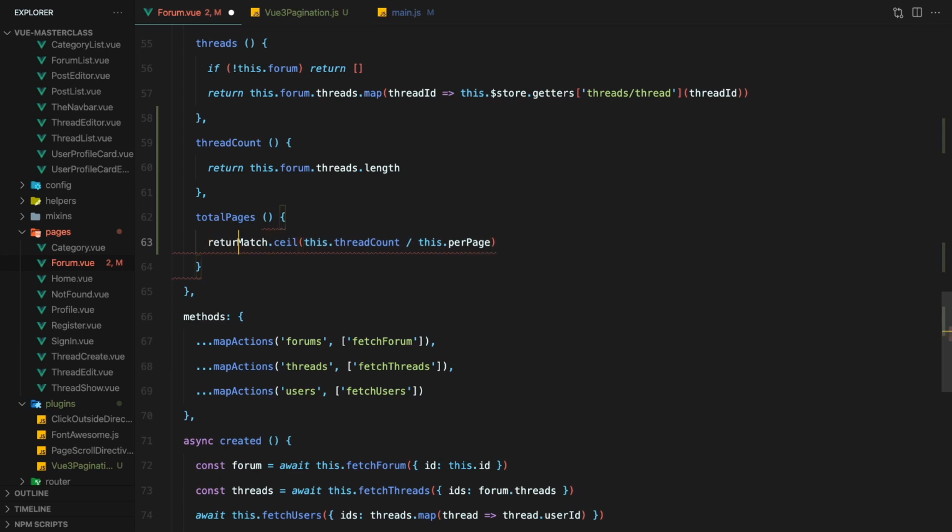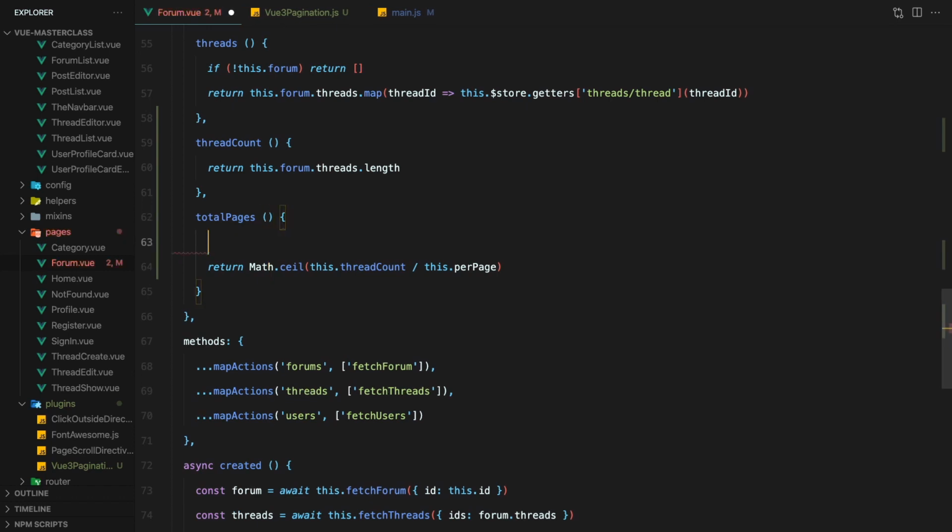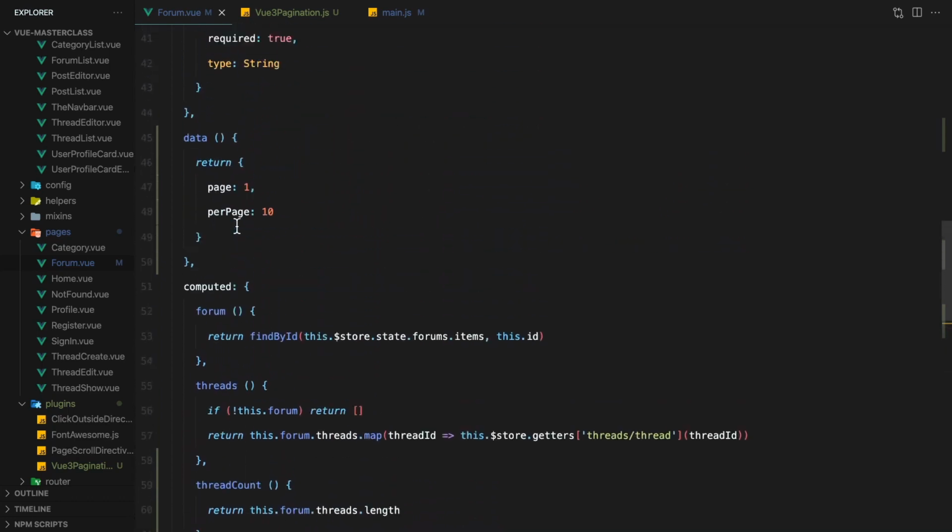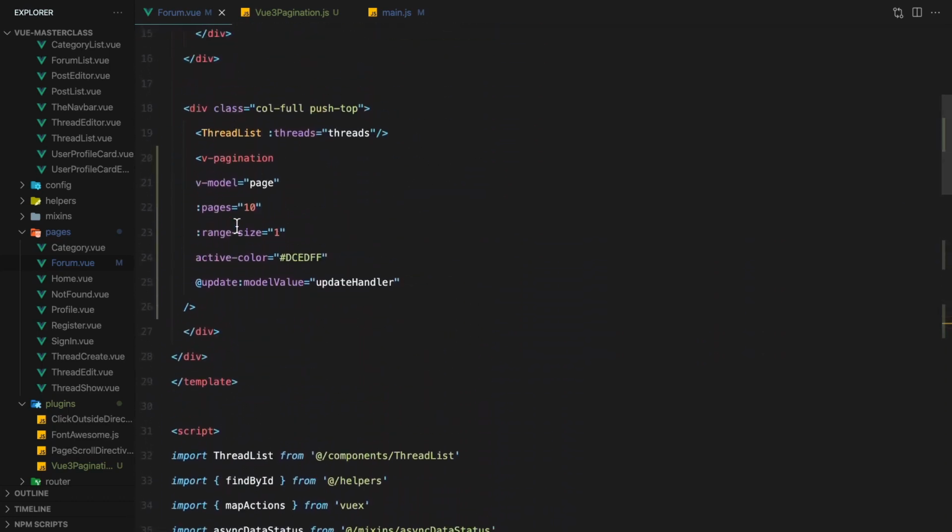Lastly, we'll just want to return the result. And I misspelled Math. Let's also create a little safety net here to make sure we never divide by 0. Cool. Now we have the total pages to pass to the pagination component.